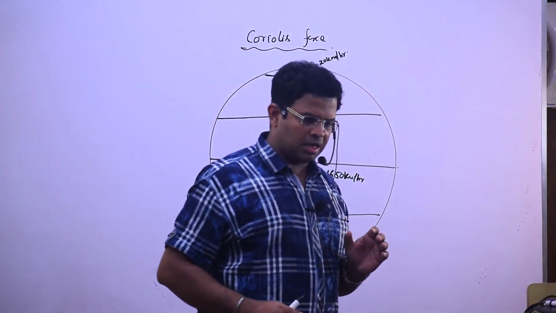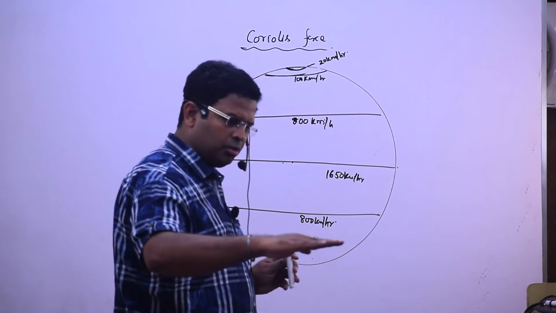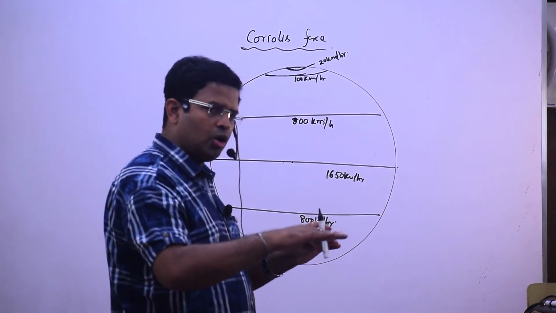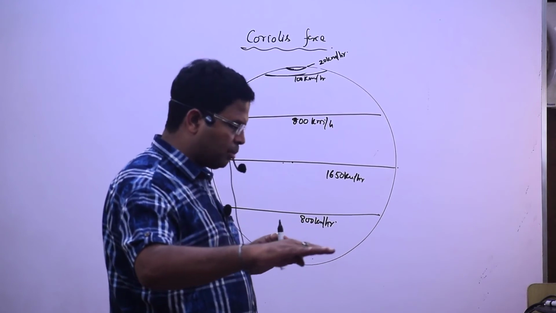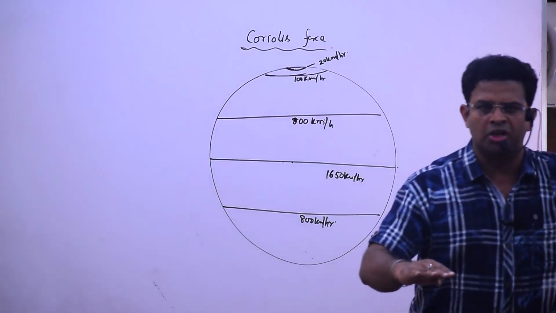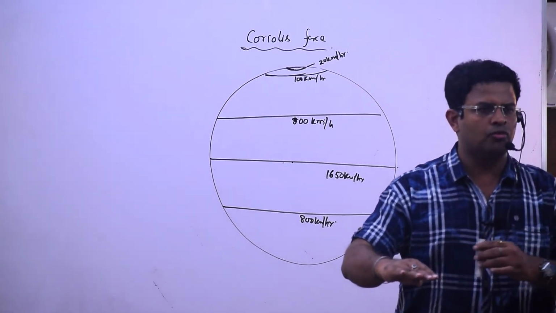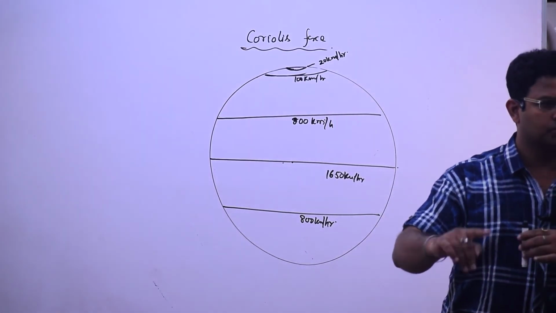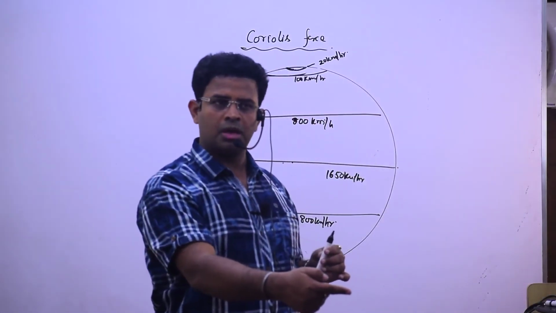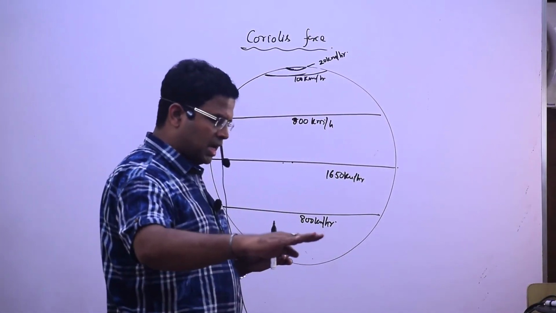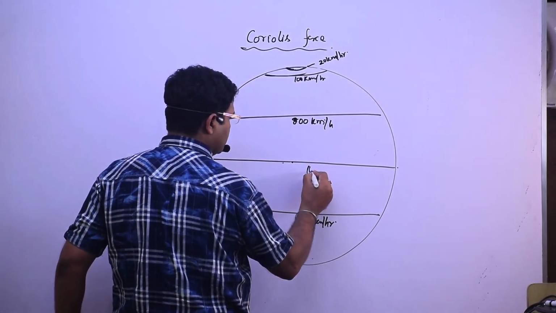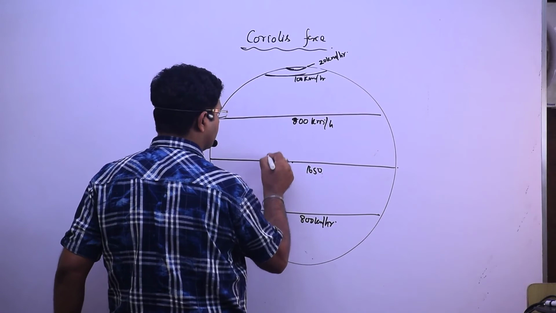Again, if one person is moving at 100 km per hour and another person is moving at 100, then the ball will not show deflection. But now if the person is moving at 300 km per hour, the ball will show more deflection. It is moving much ahead of the second person, because its speed is low. Understood? Again, suppose this person's speed is 1650, and this is a person and this is a person.